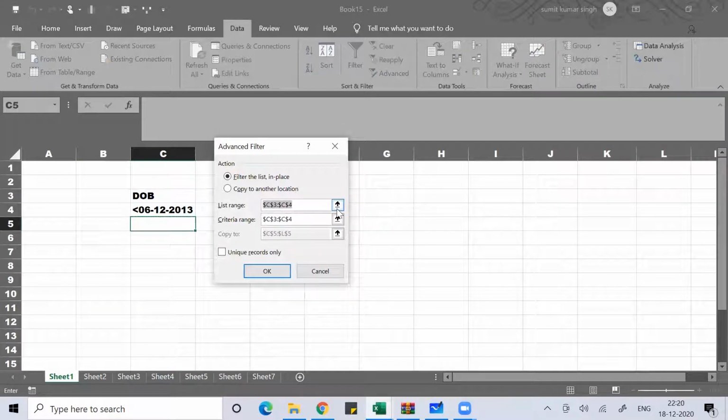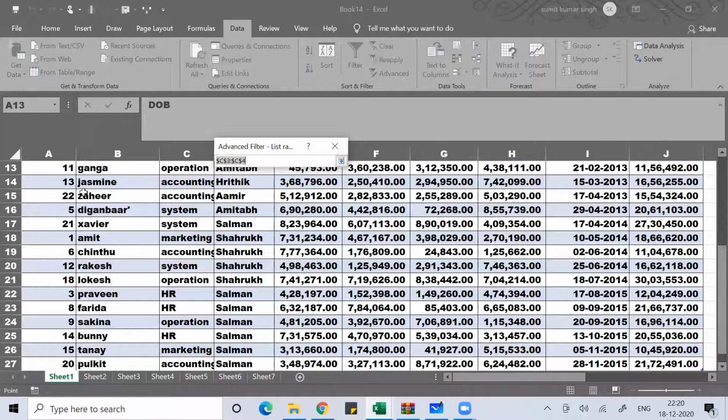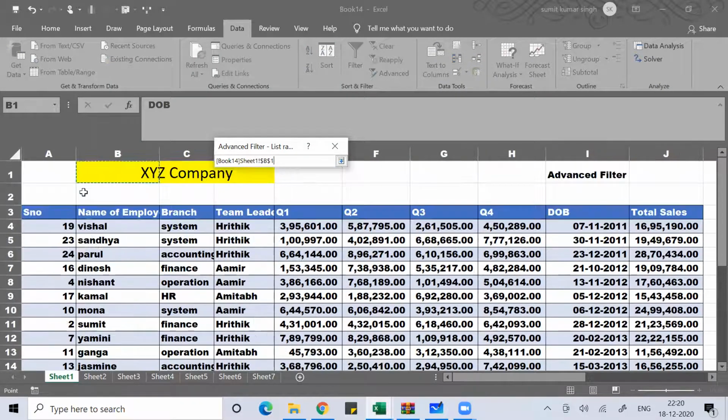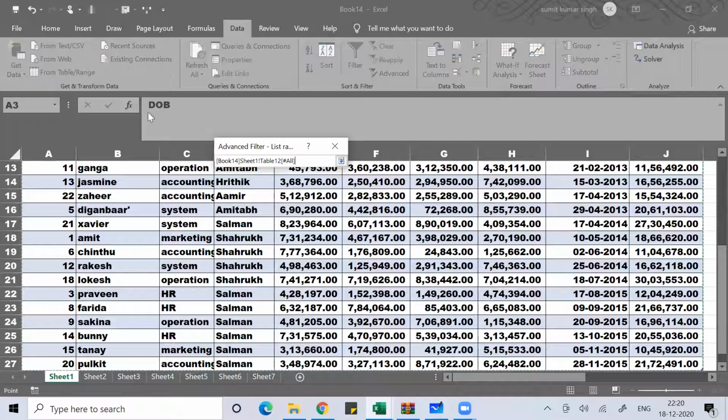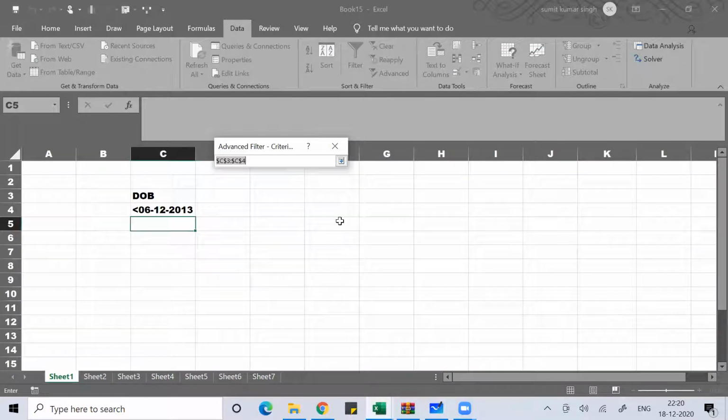Then list range. This is your data. Control Shift right arrow, down arrow. Then criteria range. This is your criteria range. Okay.